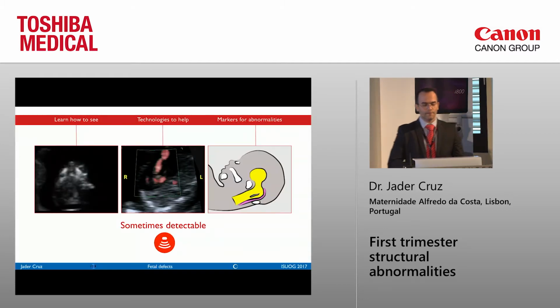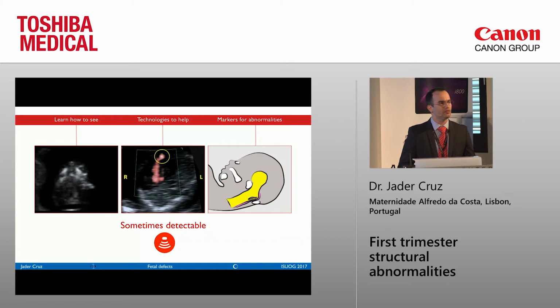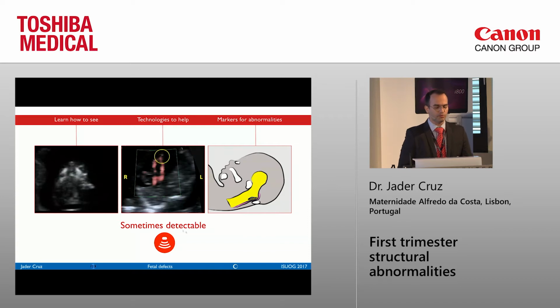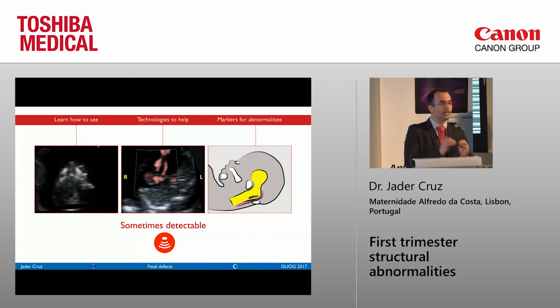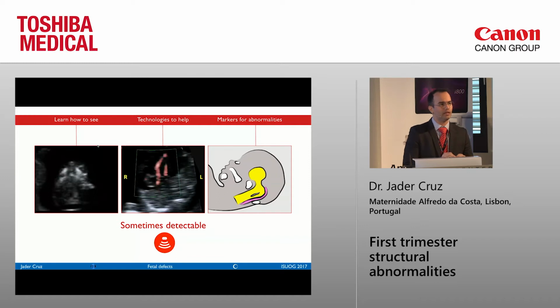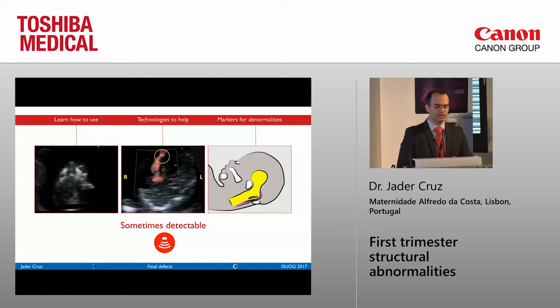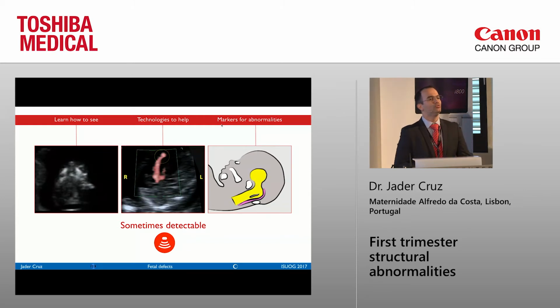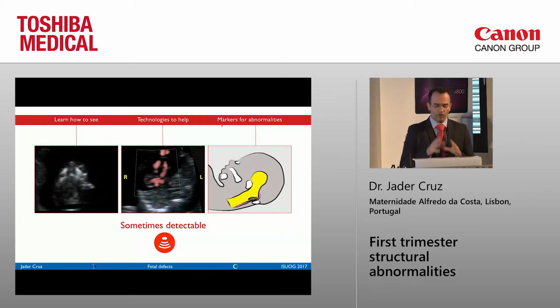Then we move to the fun part of the structural abnormalities, the ones that are potentially detectable. It was called sometimes detectable, but I prefer to call potentially detectable. Why are they potentially detectable? I'll show you some examples. They will depend on you learning how to see the structure and how to detect the abnormality. They will depend on you having technology that may help you to see a structure better so you can detect more. And they will depend on markers that will help you to think of the presence